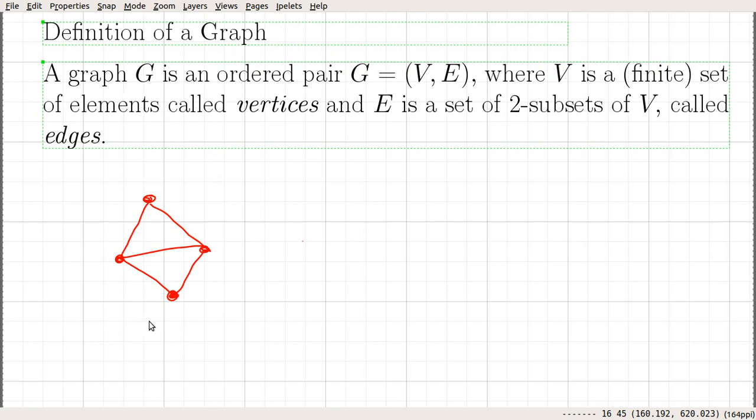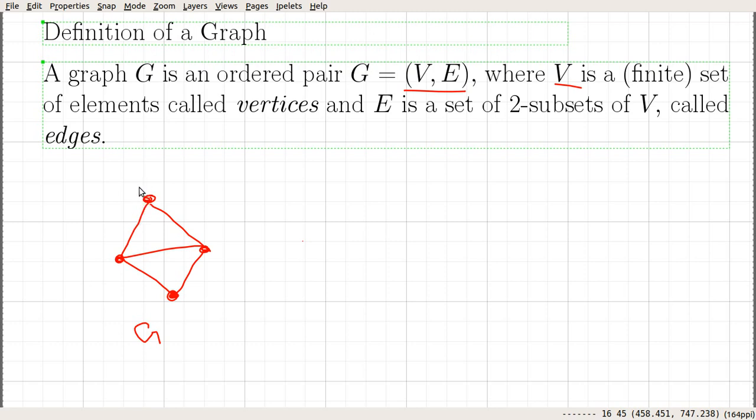A graph G, let me call this graph G, is an ordered pair (V, E), where V is a finite set of elements called vertices. In order to define what vertices are, I am going to label the vertices as follows.